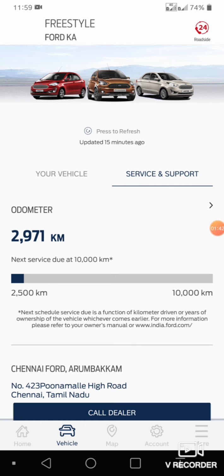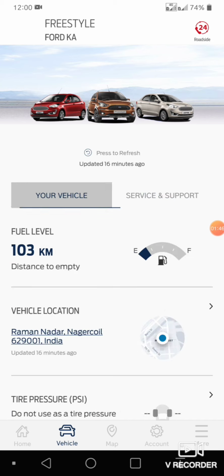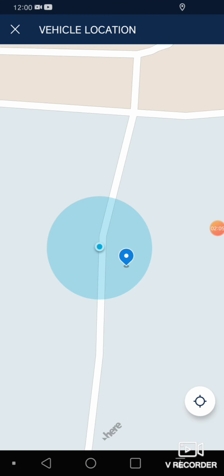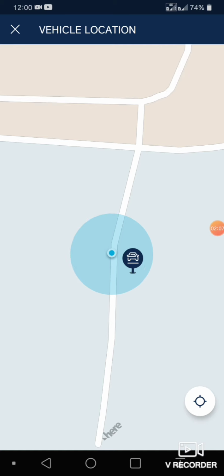Also, I can check the odometer reading, and that is also one of the cool things in this Ford Pass app. These two are the things which I am using a lot. And when I have parked the vehicle, for example, if I am staying in a hotel during a trip, I just check the vehicle location, and it will clearly show where your vehicle is parked.